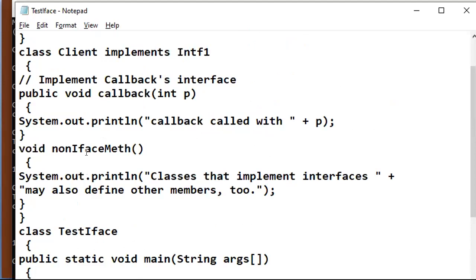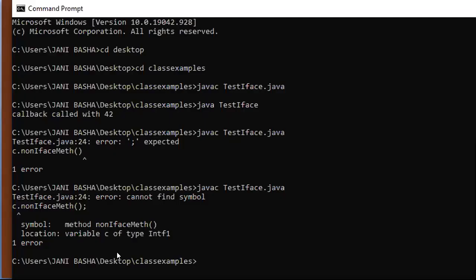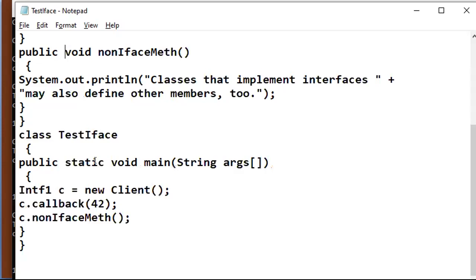I think we should write public here. Variable C cannot be referred here.